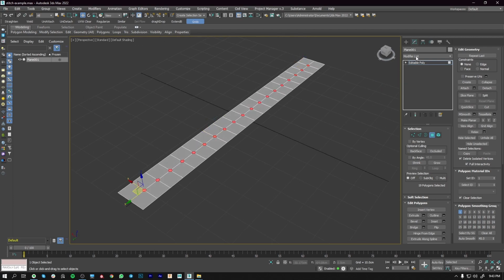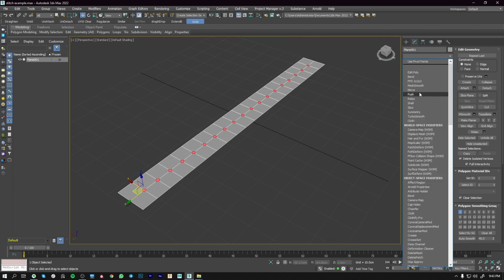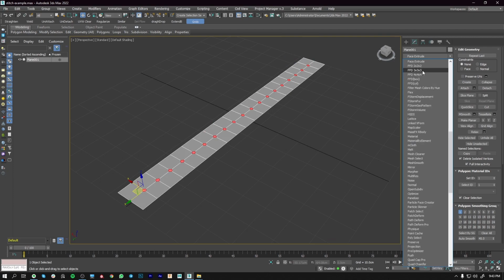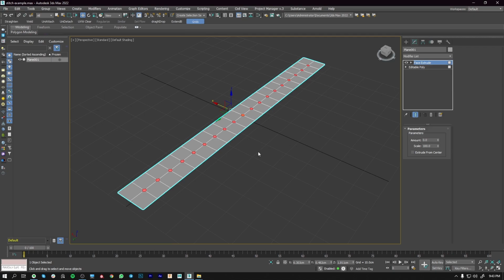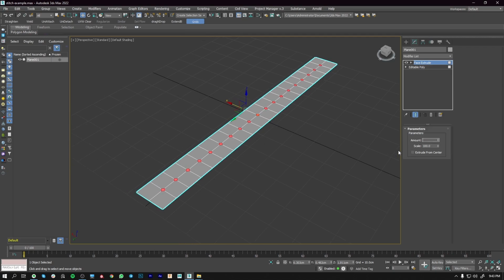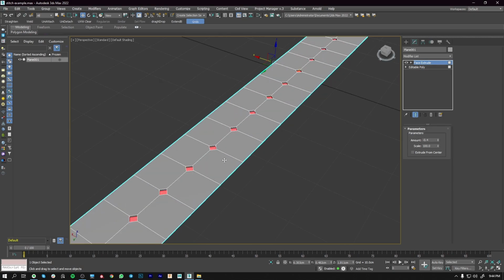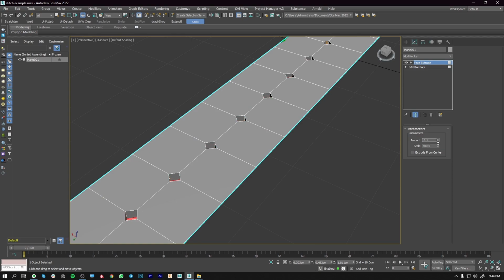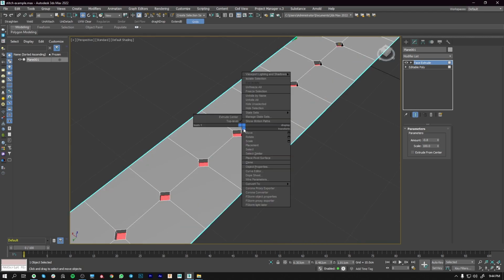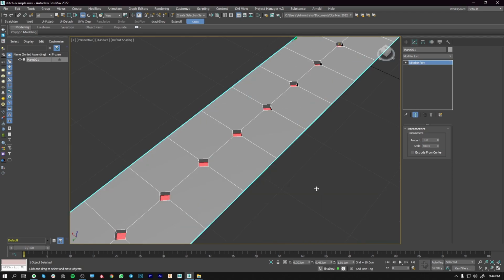So I'm going to come to the modifier list and find face extrude. We can give minus 0.8. I'll right click again and convert to editable poly.